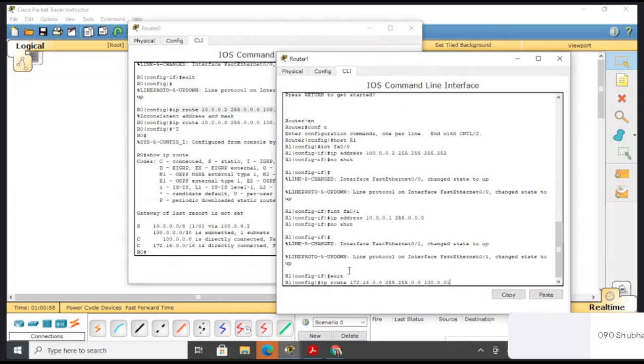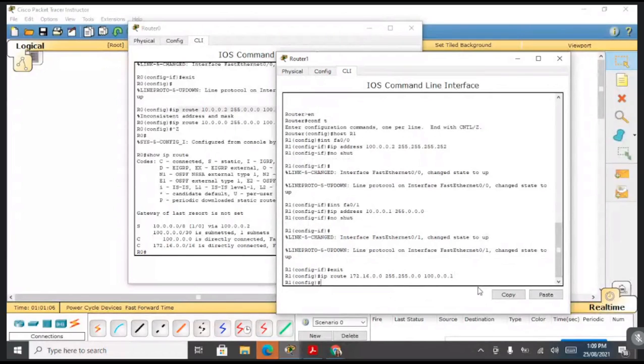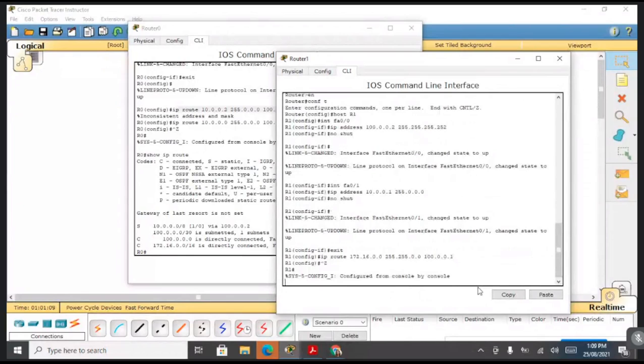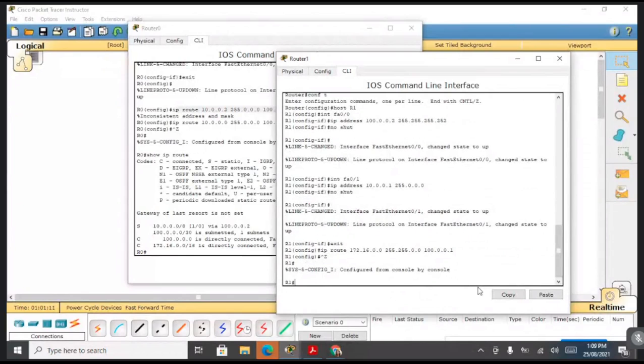There it was 2, so here it will be 1, .1. So this is the ip route. Let's check it. Okay, now it's covered. Then Ctrl Z.